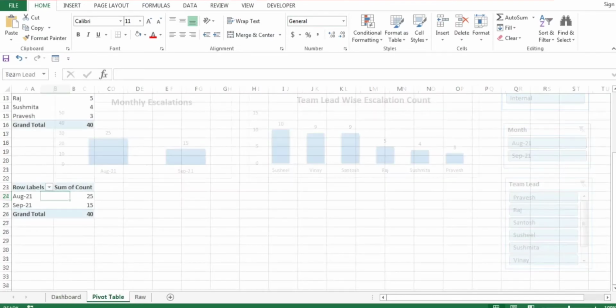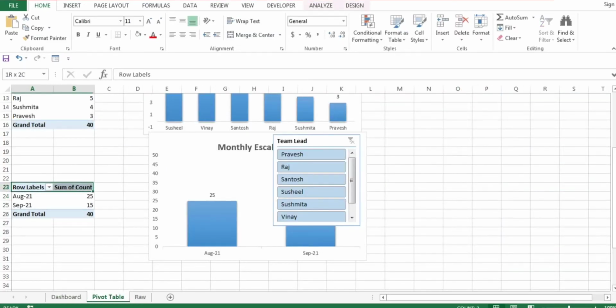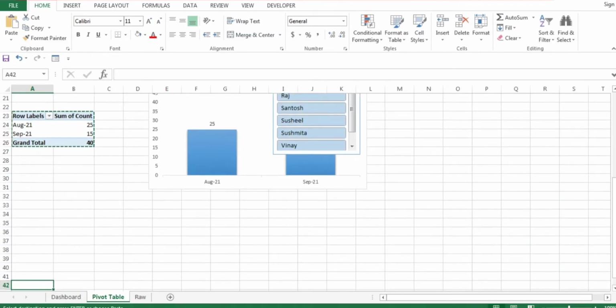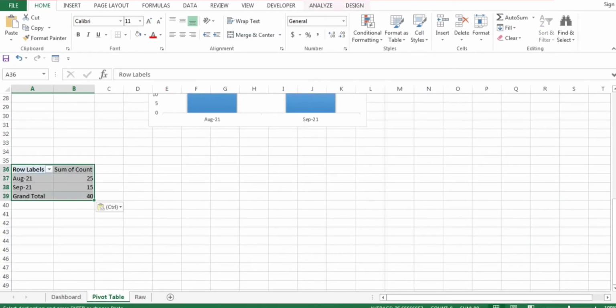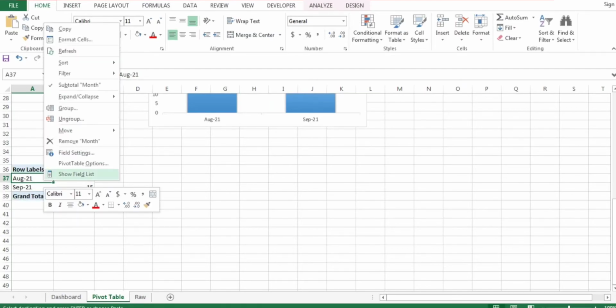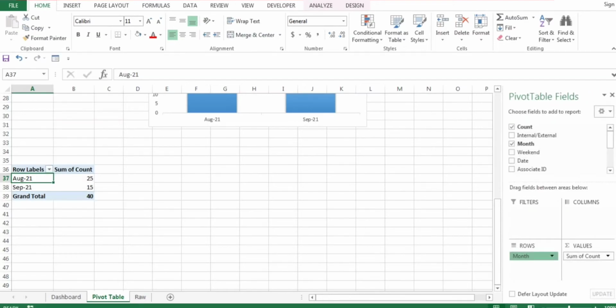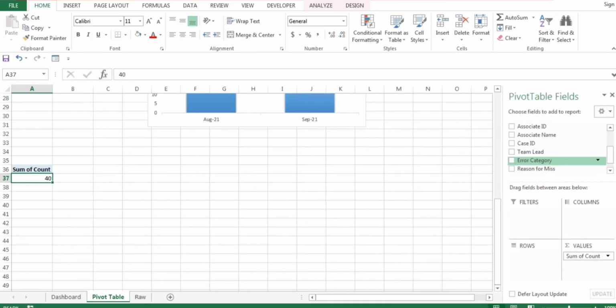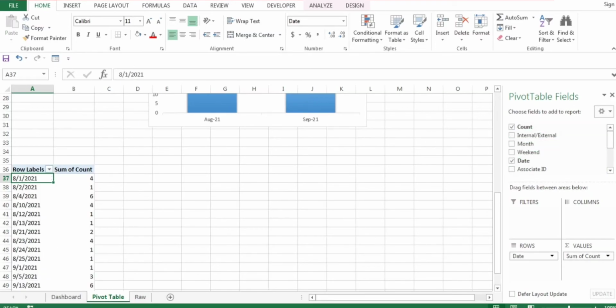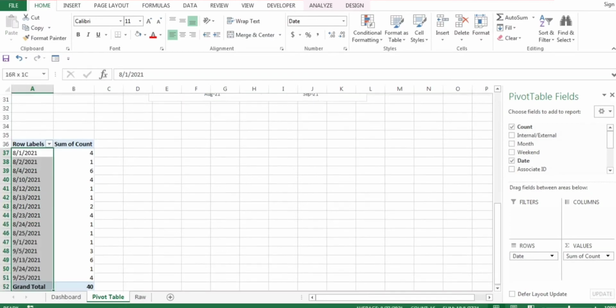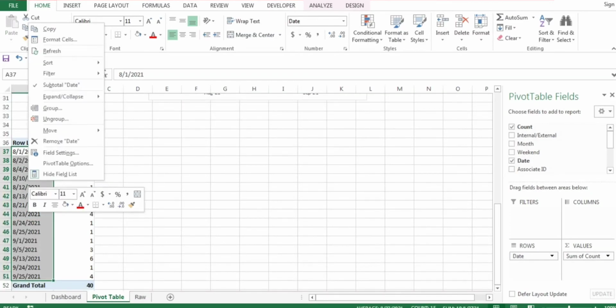So go to pivot table, I will add one more pivot table below it. Okay, and I will be removing this month field. Right click and show field. I will be removing month and I will be keeping date. Here we go. So guys, this date format is not good. Select all the dates, right click,